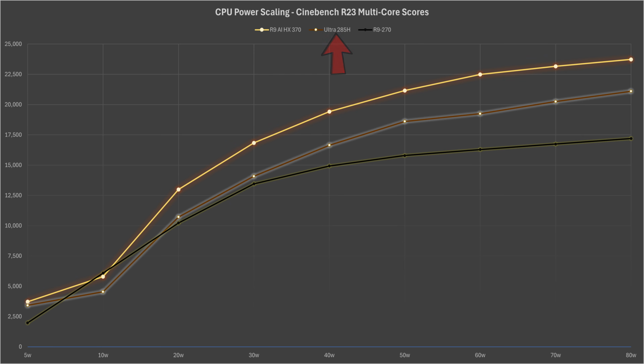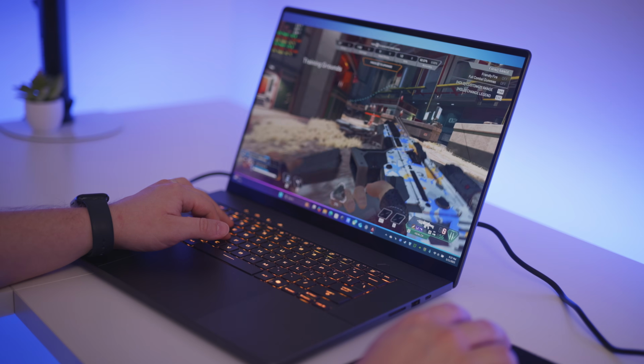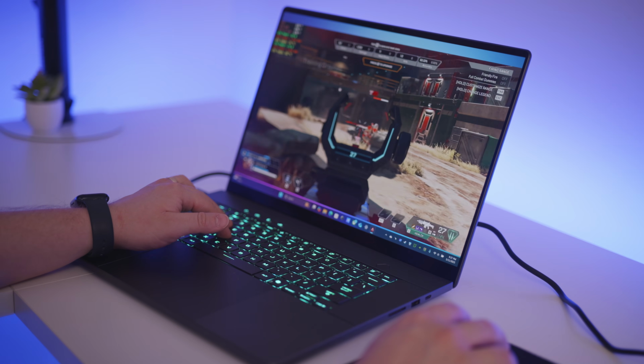And I've also chosen the Intel 285H here because it's kind of an in-between if you look at it, right? It's like sort of in between both of these CPUs. It's a very efficient CPU as well. So it's good to see Intel competing in that market, although they're not quite as efficient as AMD is. This is the CPU that you would find on the 2025 G16, which is a slight improvement over the 185H